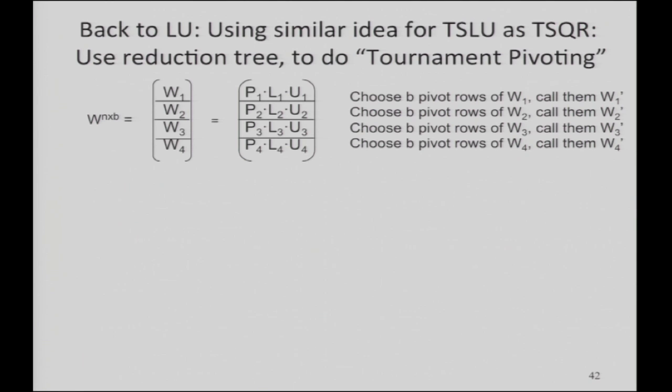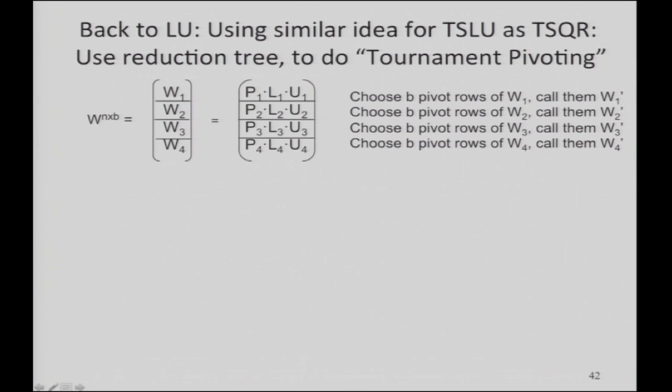So that means for every column, I have to do a reduction. I have to do a max. That's going to be n log p messages, right? Or the number of messages is certainly going to grow proportional to n. I don't want to grow proportional to n. I only want to do root p. So how do I do that? I need to take a panel, and only do log p messages and still somehow find the pivots that go up there. It's going to be the same reduction, except now at every level in the reduction,